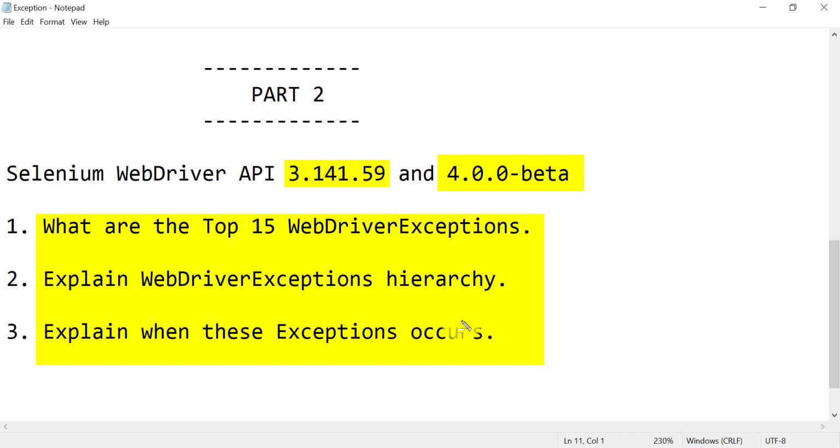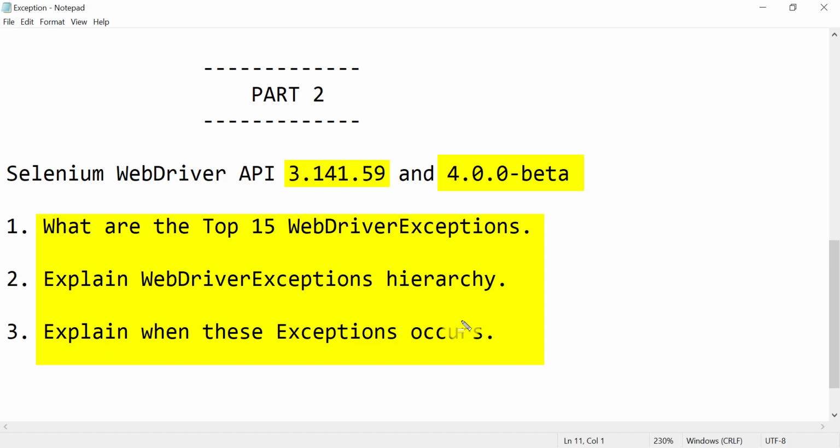So the first thing is to list out the different WebDriver exceptions, the second is to know what exception occurs under what condition and which exception is thrown for what Selenium methods, and the third is exception handling.